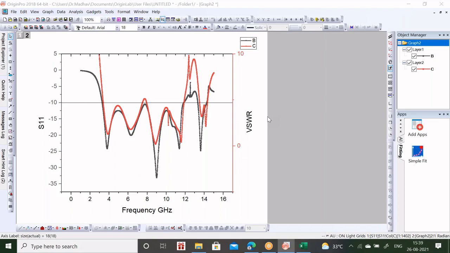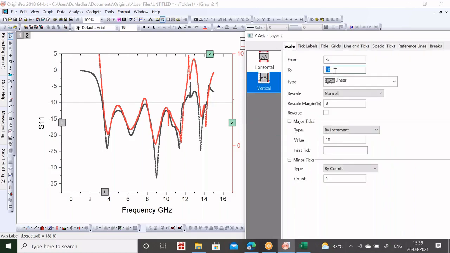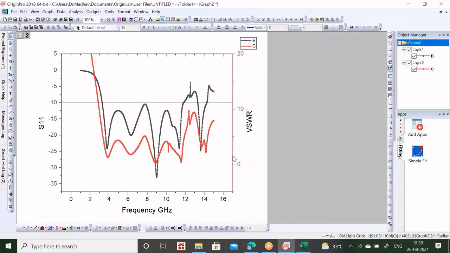Everything you can do in this, and you can generate plots in a beautiful, attractive way. Then your papers will be accepted. Otherwise, look here. If you want to draw, suppose for example this you consider as 5, this is 2, then you can draw another line here at this point.